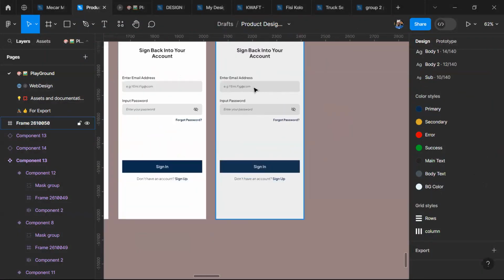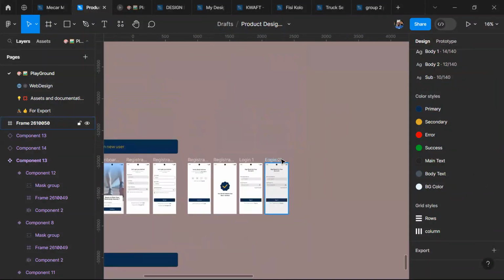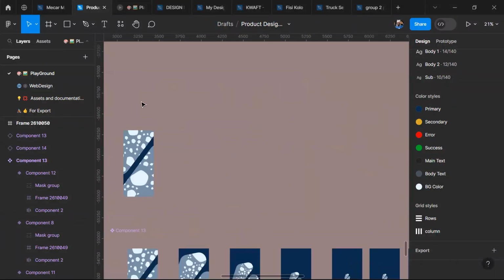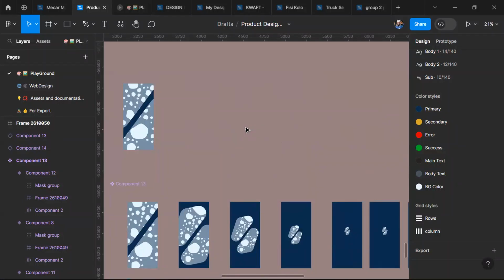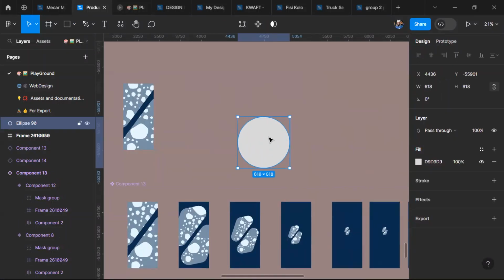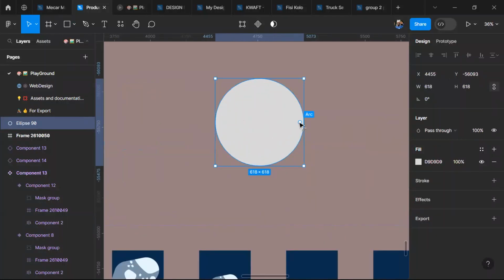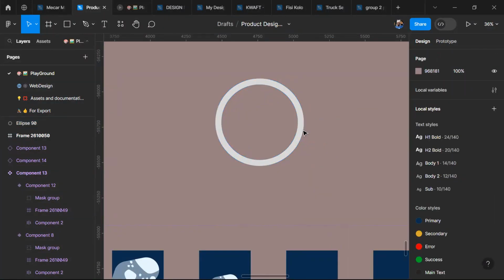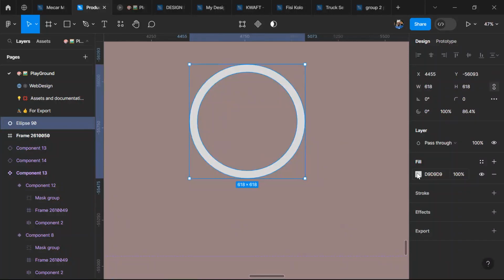So what I'm going to do is this loading circle animation. I think I will just come back to where we are creating our components. Let's say we have a frame page for that already. So I'll click on my ellipse, which is O, then I'll draw my ellipse. I'll reduce this, then I'll increase the sweep to be something like this, so I can have this. So now I can give it a fill of white,